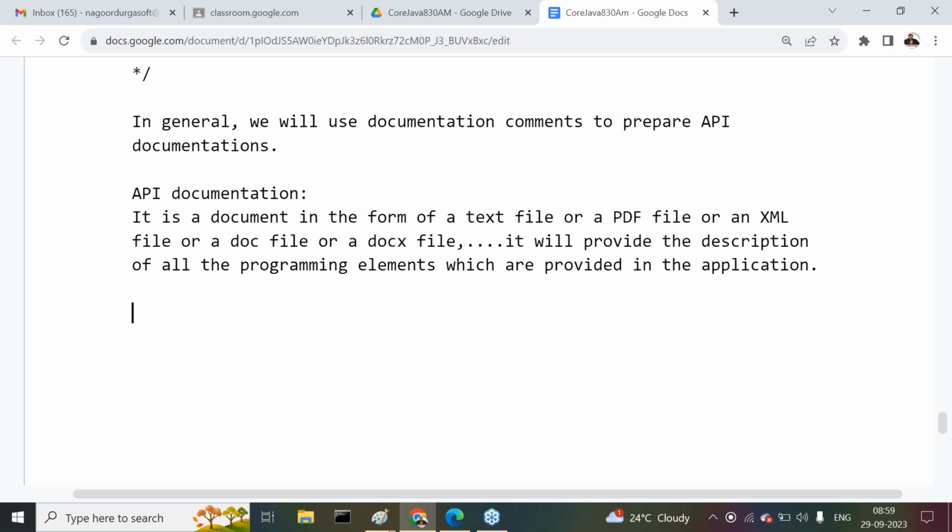Next, after understanding this particular point, what next do we have to understand? Now observe carefully. After understanding this content, how are we going to prepare API documentation? How is it possible to prepare API documentation? Let's understand this clearly. To prepare API documentation for the present program or for our applications,